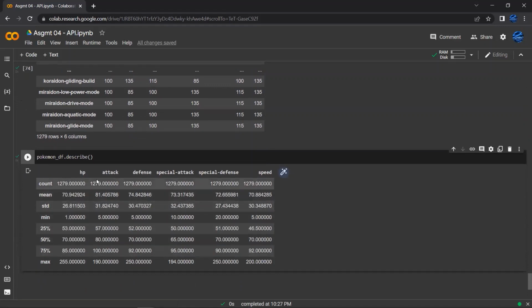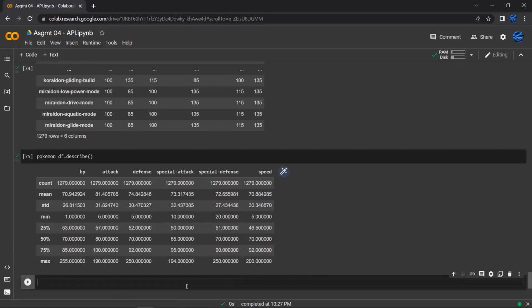This doesn't necessarily tell us too much just because we have so many records here. You can see standard deviations are all pretty similar. The means are pretty similar for all the different stats. That's a little bit interesting. But let's bring up the pair plot so we can better investigate